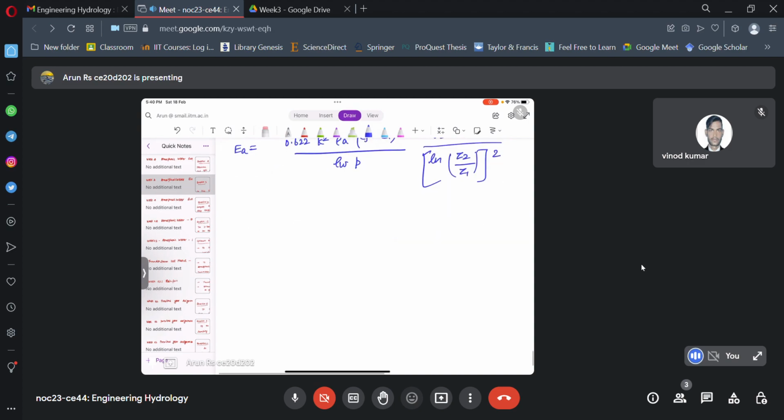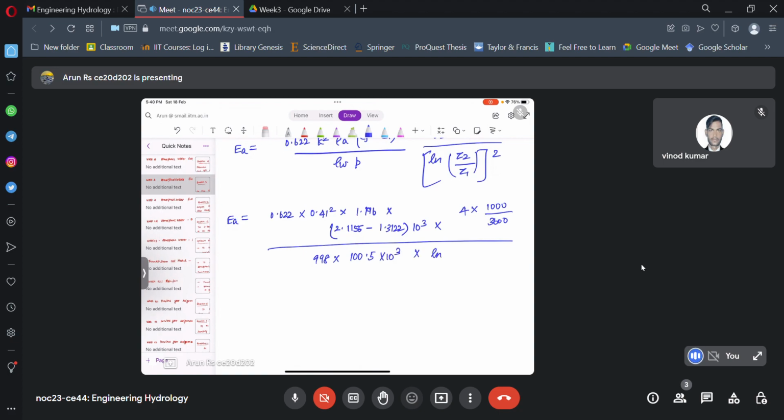So we have computed all the parameters. 0.622 into 0.41 square into density of the air, 1.196, into 2.1155 is saturation vapor pressure, 1.3122 is the actual vapor pressure, into 10 to the power of 3, into velocity. Velocity is given in terms of kilometer per hour, but we need it in meter per second, so into 1000 by 3600. We are converting to meter per second. This whole expression divided by 998, the density of the water, 100.5 into 10 power 3, the atmospheric pressure, into natural log of